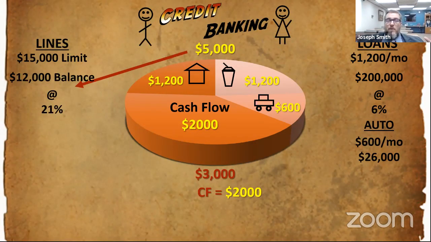So before, where it appeared like we didn't have any cash flow and we were living paycheck to paycheck, we just stopped putting money into our retirement, and we stopped putting money into our savings account, and we stopped allocating money to set aside to make the credit card payments.